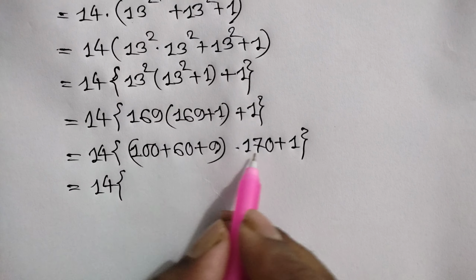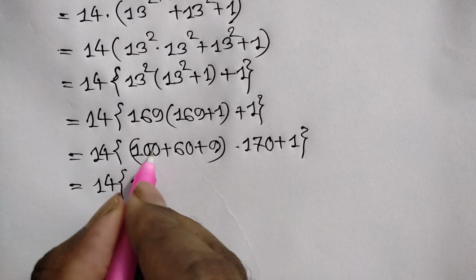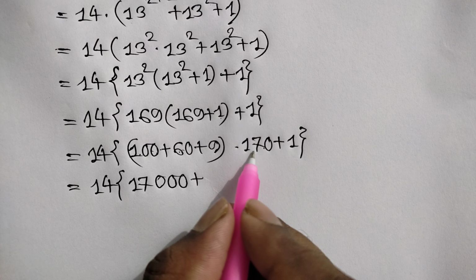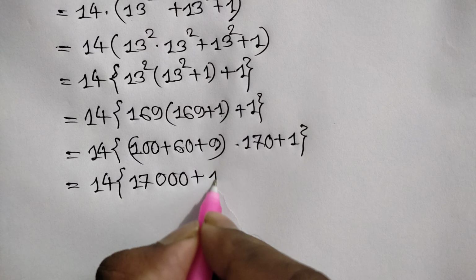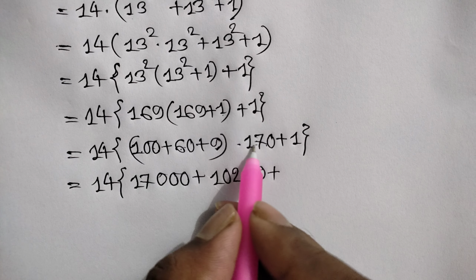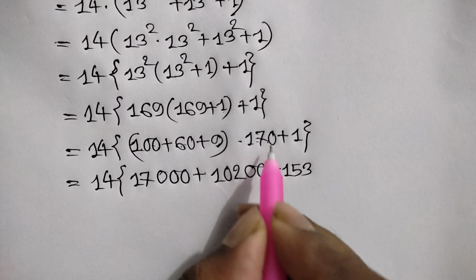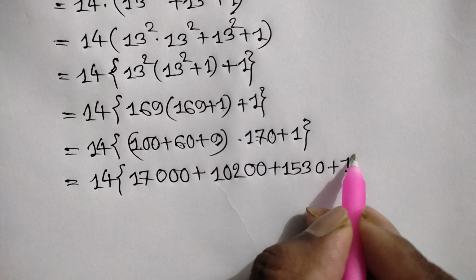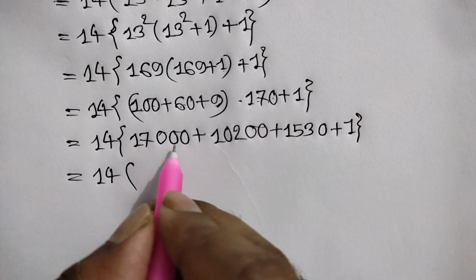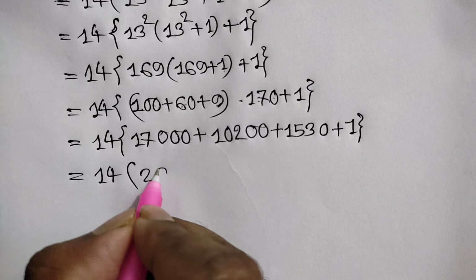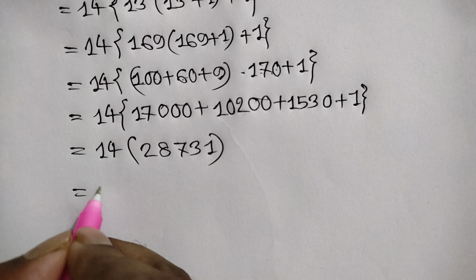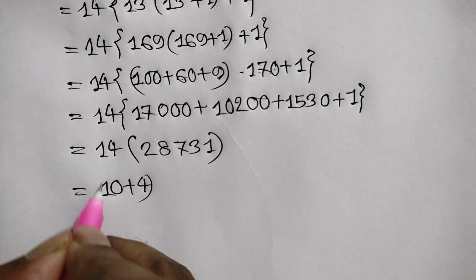times, now 1 times 17 is 17 with 1 2 3 zeros, plus 6 times 17 is 102 with 1 2 zeros, plus 9 times 17 is 153 with 1 zero, plus this 1, is equal to 14 times, now add these four numbers, we will get 28731, is equal to, now this 14 can be written as 10 plus 4 times